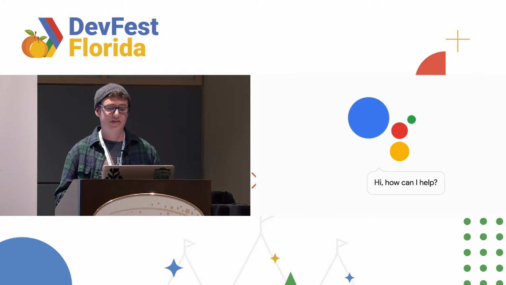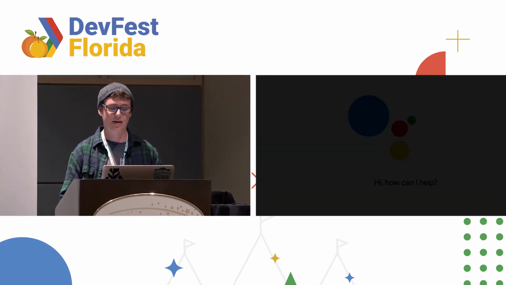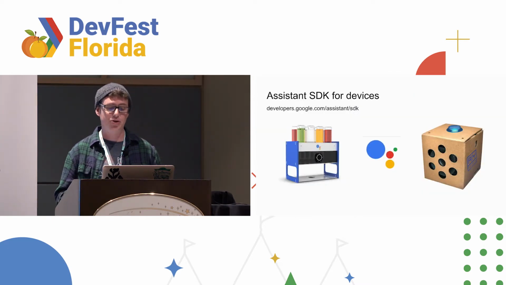So now that we've covered a lot of the image processing offerings, let's talk about the Google Assistant. The Assistant is your entry point into speech recognition and natural language processing, allowing your users to control their device with more natural interactions. In order to talk to your device, you will need to first integrate the Google Assistant into your hardware project. The Google Assistant SDK enables you to embed the Google Assistant easily into most of your